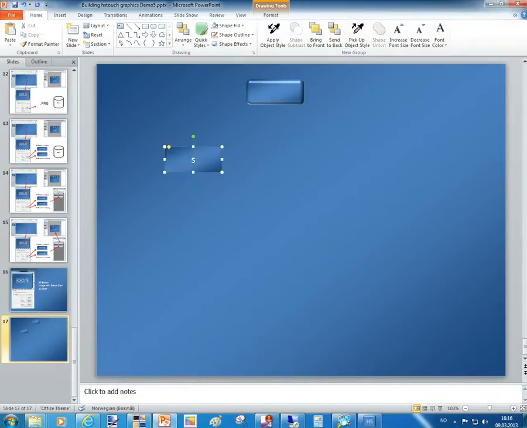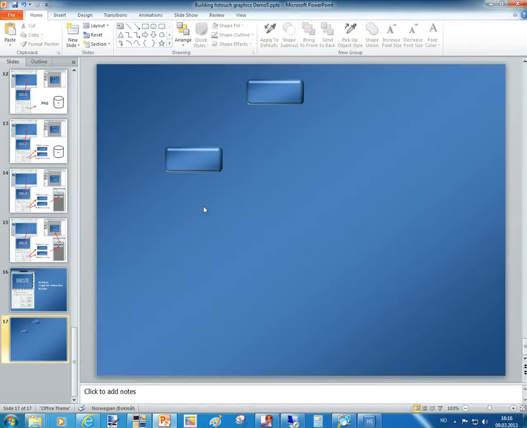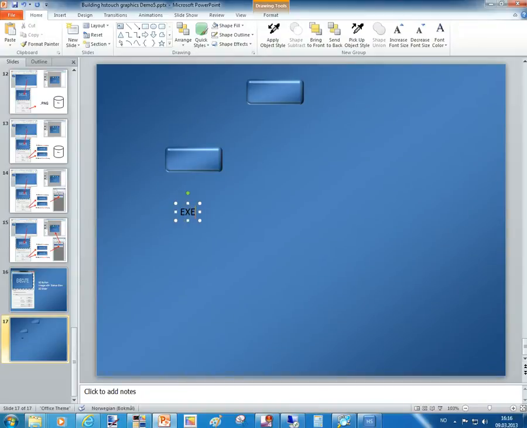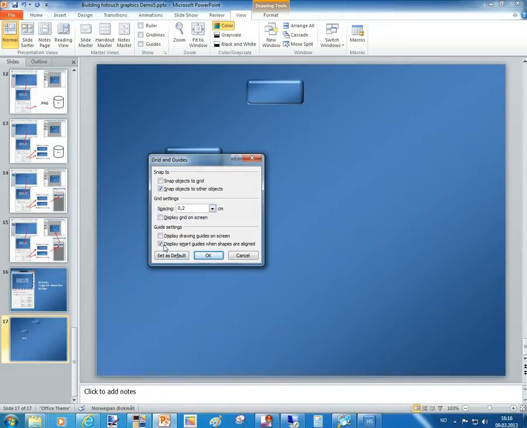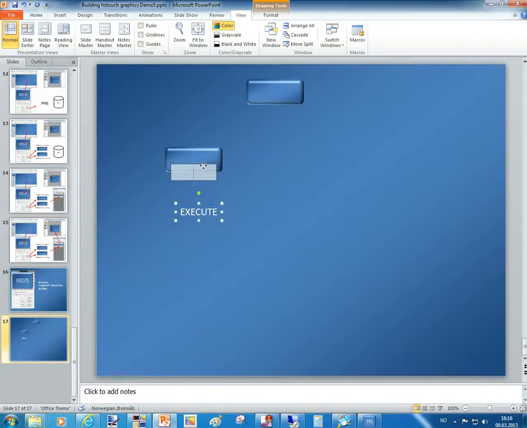We can now add text to this button directly, but we will not like to do that because then this text will not move when the button is pressed. So the text will be put separately, like this. And by using this snap objects to other objects and display smart guides when shapes are aligned, we can now move this into correct position on top of the button. And now we can just copy this,